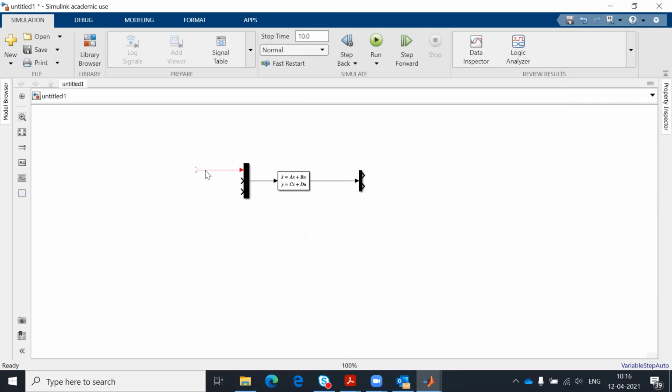The first input we name U1, and then U2, U3. And the outputs are H1 and H2. If you make a subsystem here,